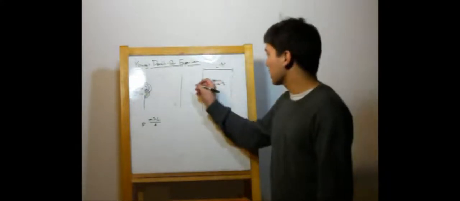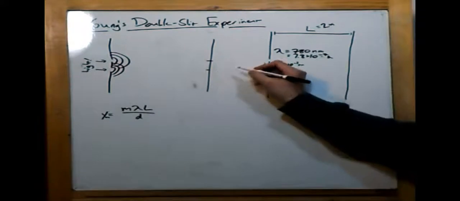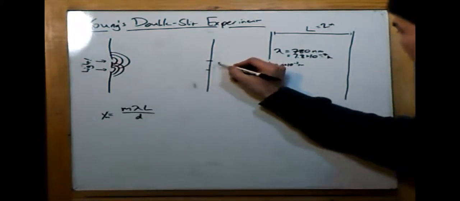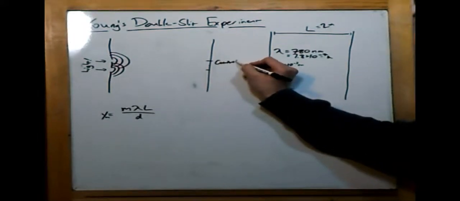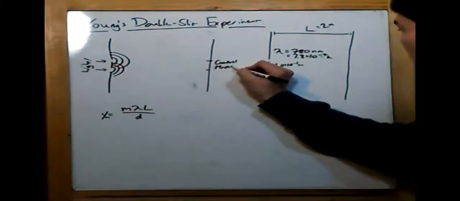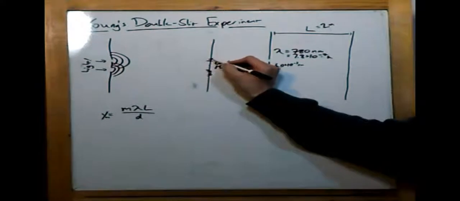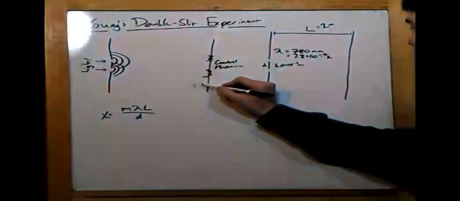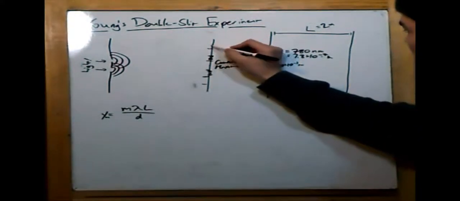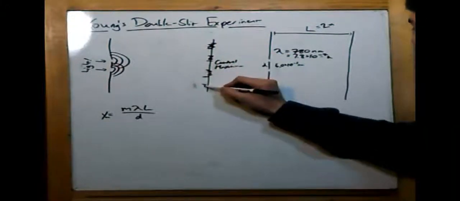So, here's what happens. Here in the middle of the wall we get a very bright spot. And in the center of that middle we get something known as the central maximum. Around this particular light section we're going to get two dark sections, one on either side, and then we're going to follow that up with another light section, followed by a dark section, followed by a light section, so on